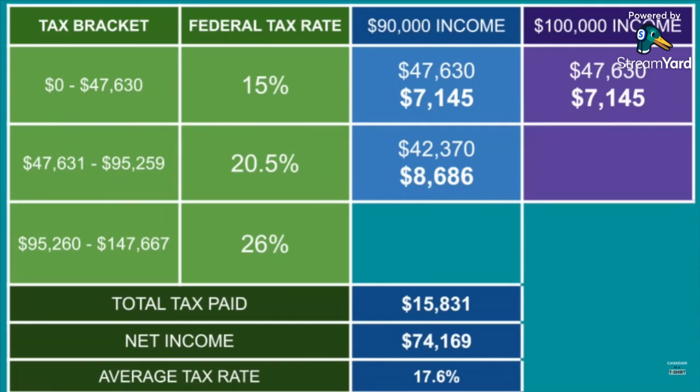This tax bracket is filled with $47,629, which is taxed at 20.5%. So we'll be paying $9,764 in this bracket. But we still have more income left over. We've handled our first two tax brackets. That's